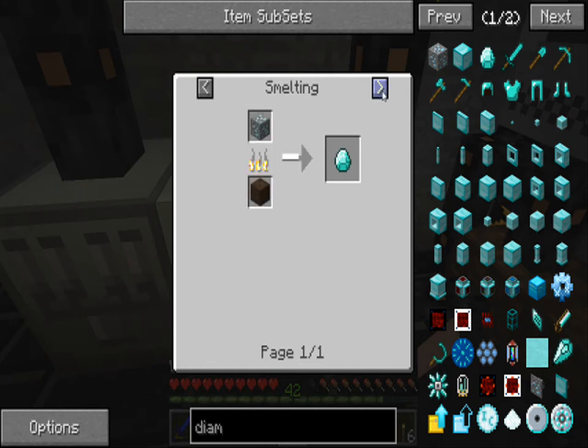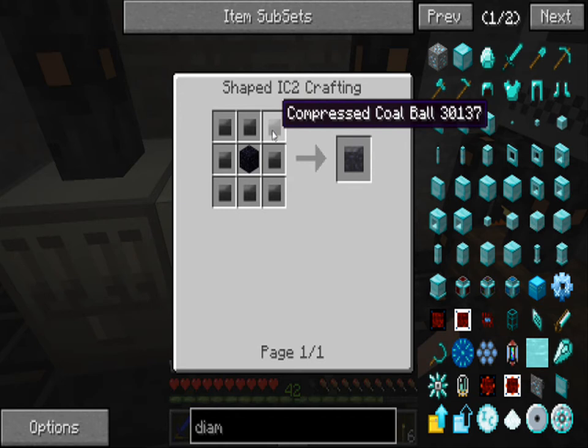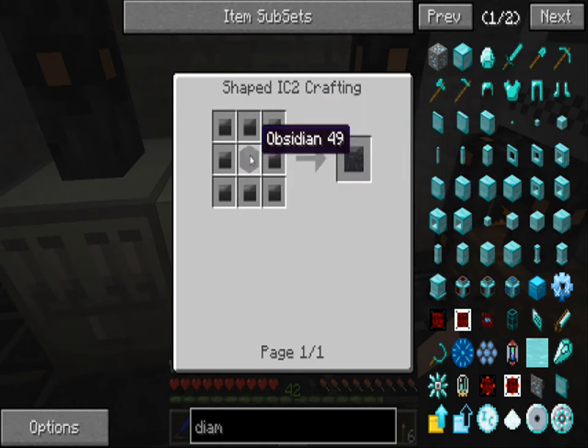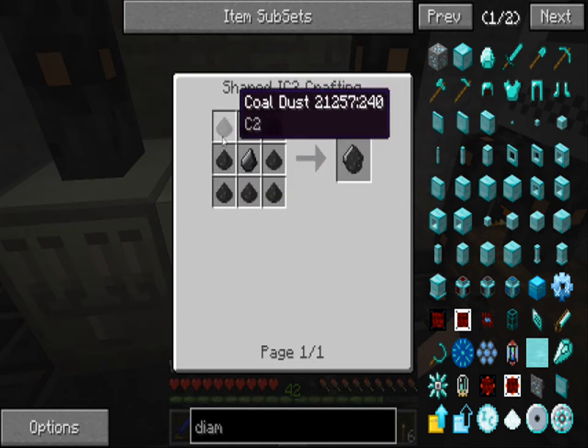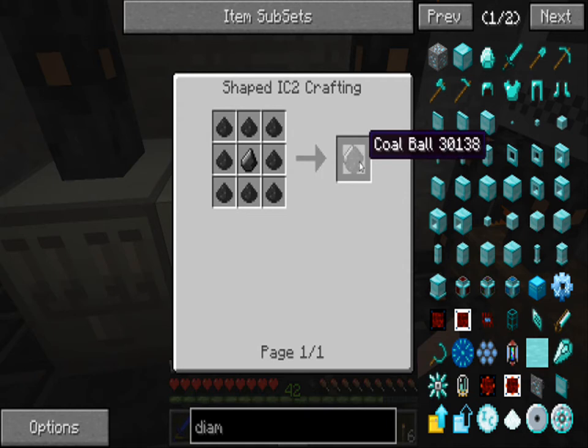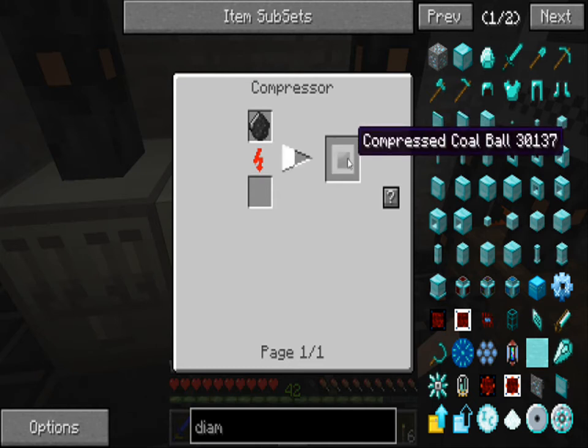Alright, smelting compressor. I smelt it into a compressed coal ball, and I get 8 of those, and I combine them with obsidian. Let me show you how this works. I combine the coal dust with flint, I get a coal ball, and we go from coal ball to the compressor where I make a compressed coal ball, and then I take the compressed coal ball,